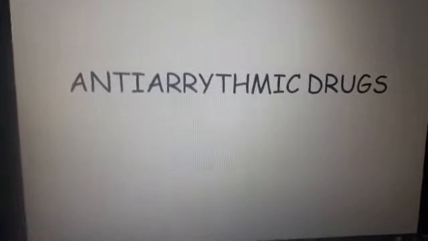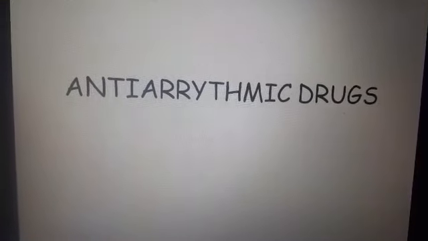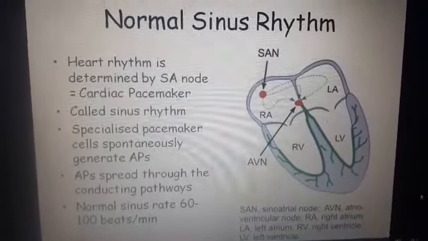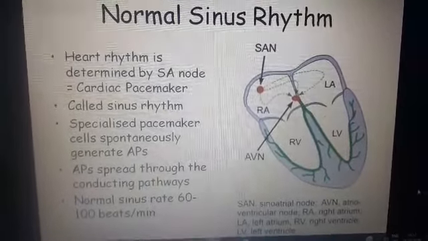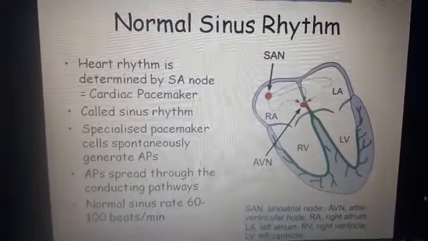Good afternoon. So today we shall have a brief discussion about the antiarrhythmic drugs, that means drugs used in the treatment of the rhythm disorder of the heart. To understand the arrhythmia, let's discuss the normal sinus rhythm, which is generated from the SA node, which is called the cardiac pacemaker, and that is, if the impulse is normal, that means SA node